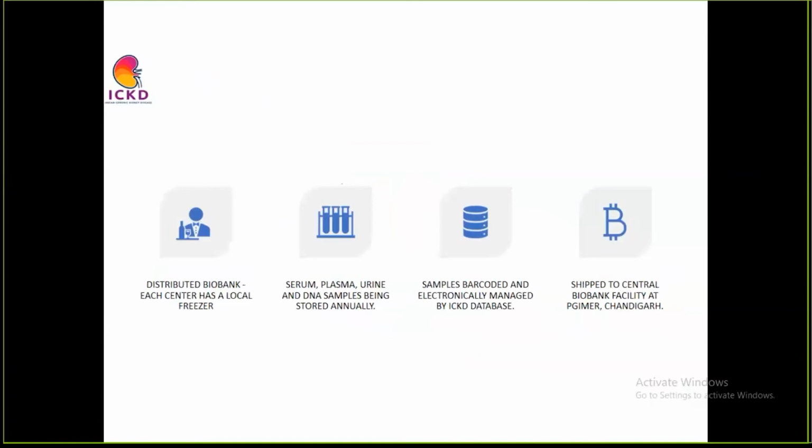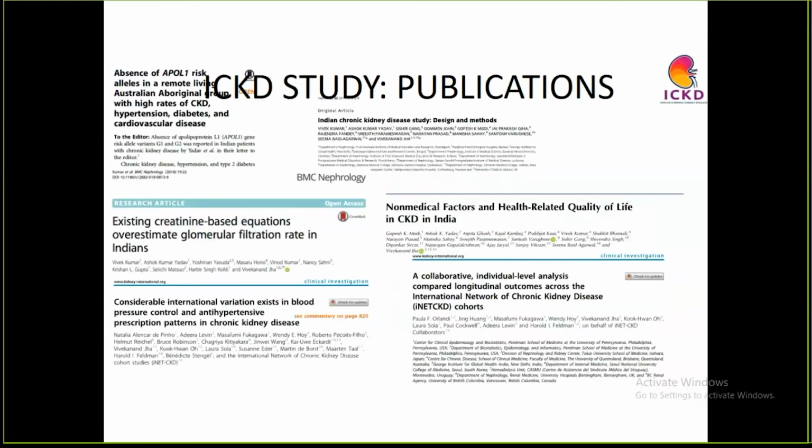This is the outcome of the study. Notably, two important publications: design and methodology has been published in Nephrology. Control of hypertension in CKD across various cohorts, including ICKD, has been published in Kidney International journal. In fact, this is a completed study, and DBT has very recently approved the second phase for follow-up of the recruited ICKD cohort patients to study other parameters such as end-stage kidney failures, cardiovascular events, and predictive models to identify high-risk subgroups.